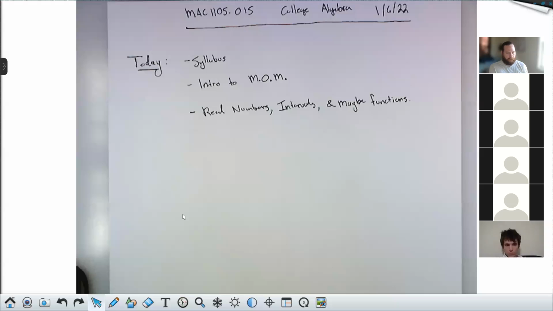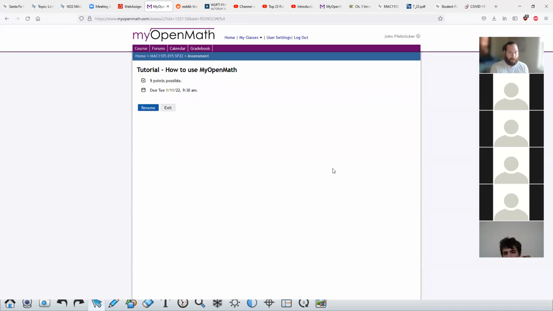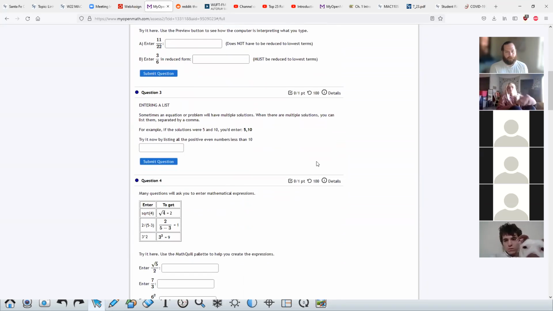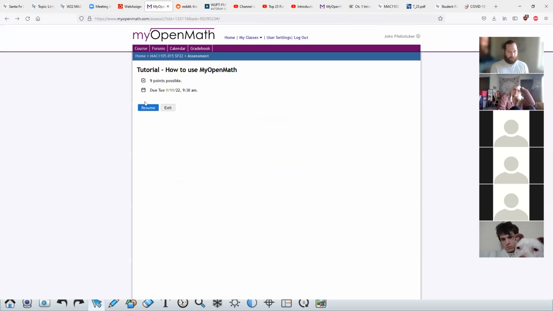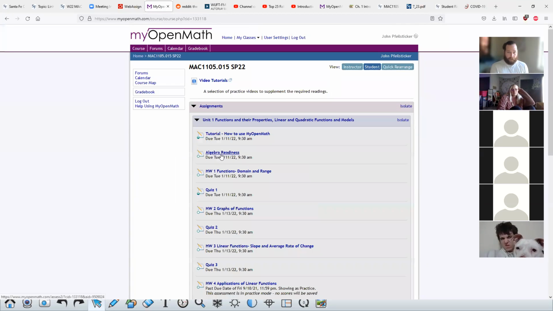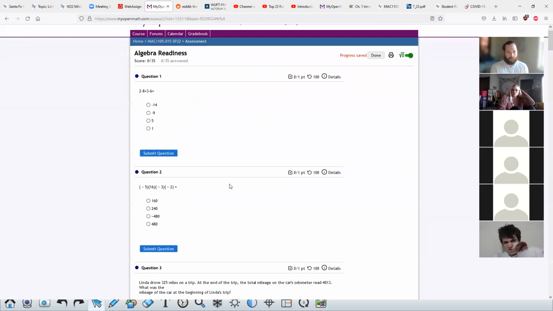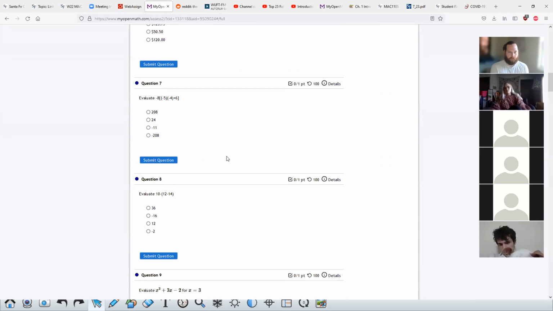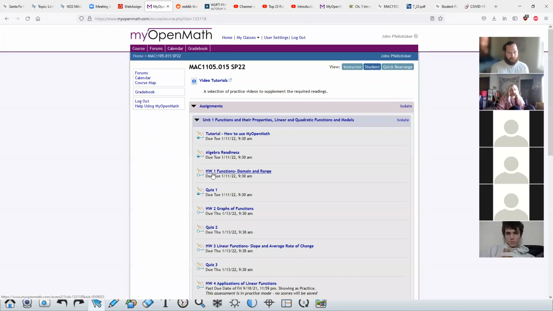The first few assignments in there, there's an introduction to My Open Math tutorial, how to use it. This is just about how to enter answers in My Open Math, how to type things. If you did 1033 here at Santa Fe, you're probably familiar with all of this. It will go very fast. The next assignment after that is an algebra readiness assignment. This is just kind of a review of the basics that you should have learned either in high school or previous classes: multiplying, adding, subtracting numbers, basic work with units, order of operations, all that good stuff. After that is going to be the actual homework. So I'm going to start now on the material for homework 1.